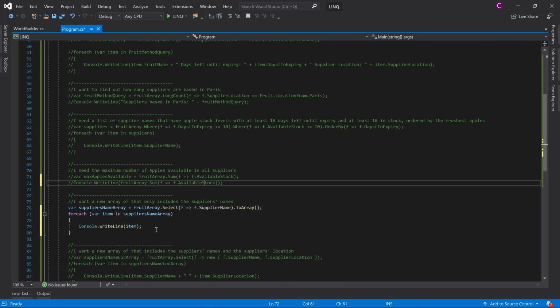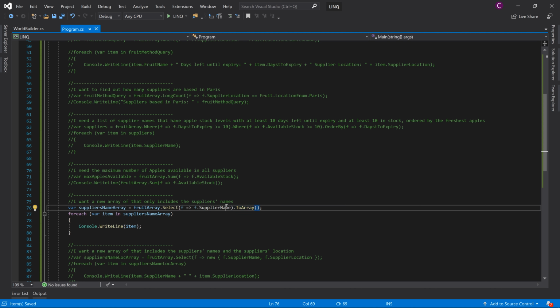Okay, so now on an array that only includes the supplier's names. So if you want to grab an array, you just filter, you select the supplier's name to array. So use the select command on the supplier's name in the whole fruit array, and think of it like it's kind of like selecting a column in a spreadsheet, and then you're putting that to a new array, which will then be this, and then we iterate through that and we print out